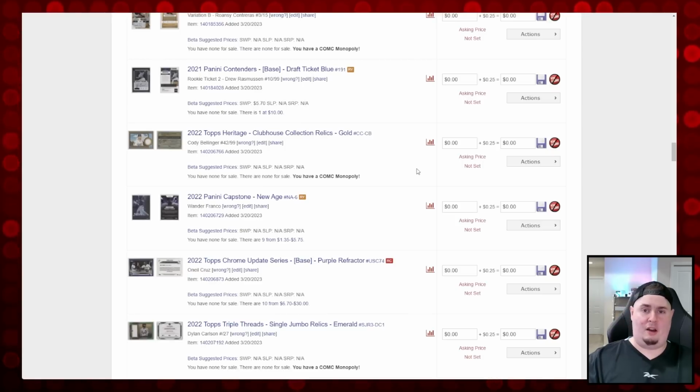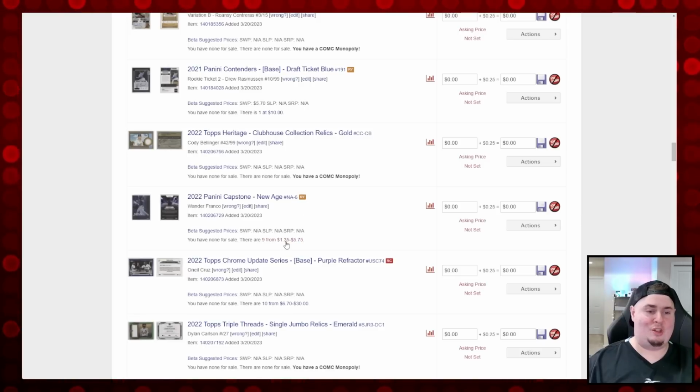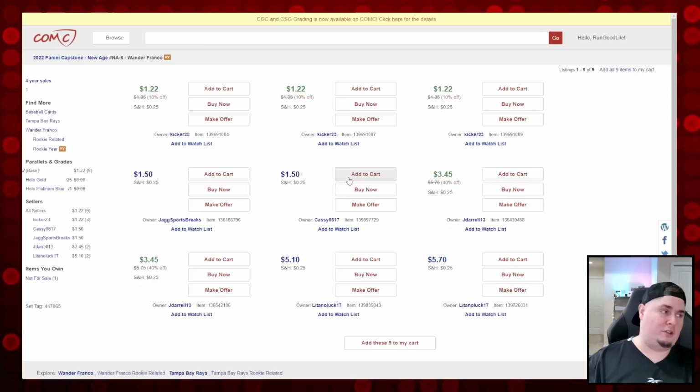It's not just based off of how you price a card. It's based obviously off of the sales volume of the player, whether it's a player people buy a lot of or don't buy very much of. It's based on the hotness of the card, the set itself, and the performance of the player. If Wander Franco comes out to start the season and crushes it, maybe these new age cards from Capstone all dry up, and people who are asking anywhere from $1.35 all the way up to